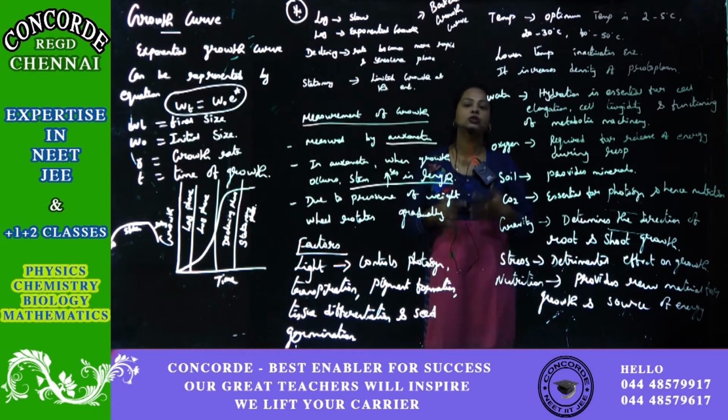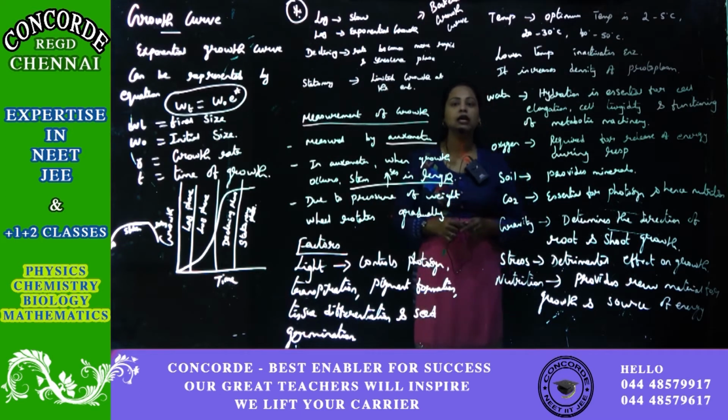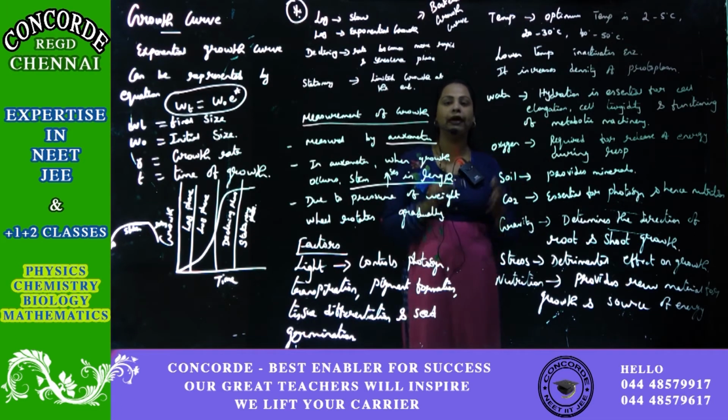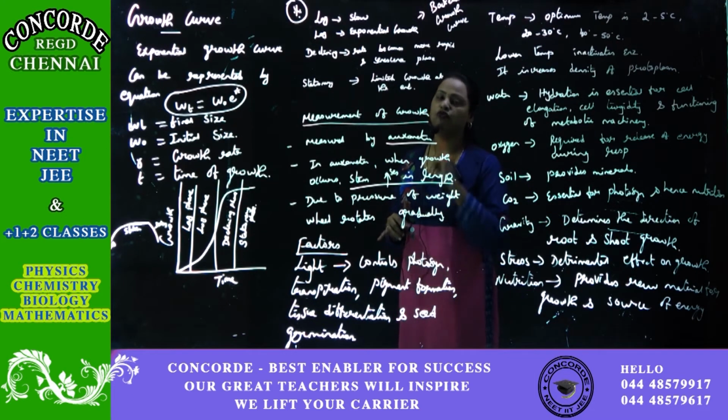Yes, if there is no photosynthesis, the plant cannot prepare its own food material. For that, light is required. But how much light is required is the significant question. It is not that you require very little light, or that you require a lot of light. Visible light is required for the plant to prepare its own food material by way of photosynthesis. So light controls photosynthesis.